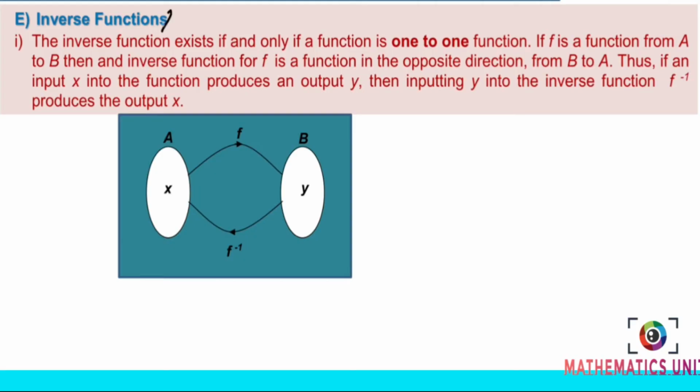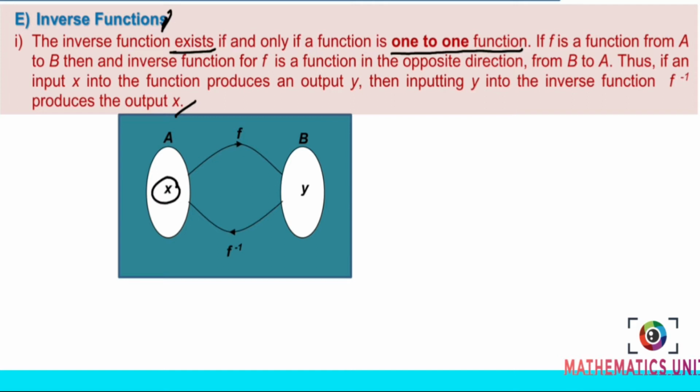Inverse function. The inverse function exists if and only if a function is a one-to-one function. If f is a function from A to B, then an inverse function for f is a function in the opposite direction from B to A. Thus, if an input x into the function produces an output y, then putting y into the inverse function f produces the output x. So based on these diagrams,